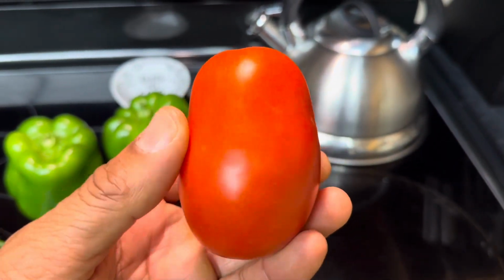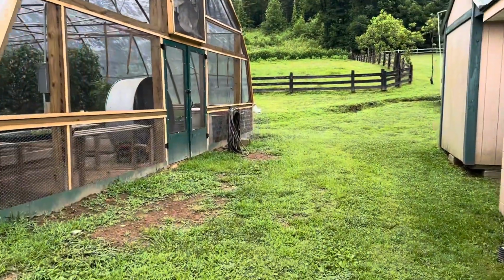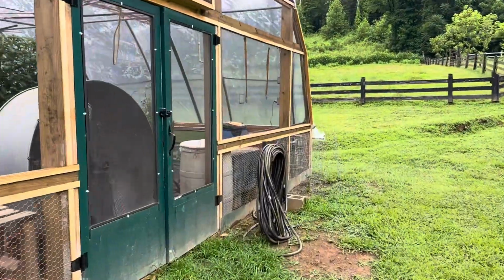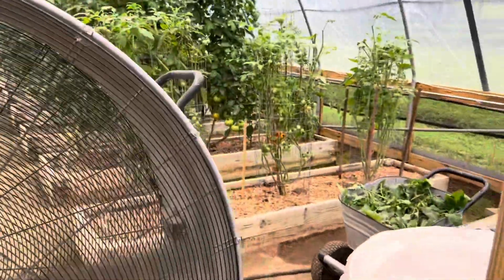You know what I'm gonna do? I'm gonna go outside and do a tour of the garden here real quick. Of course, as you can see, it's been raining again. And I'm actually gonna probably go up to the top of the hill and show you our other garden. We never do videos on that, probably because I don't feel like walking to the top of the hill. So anyway,